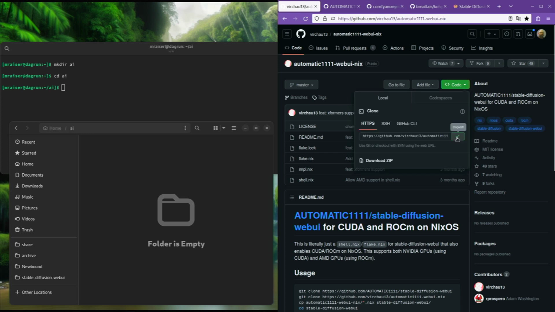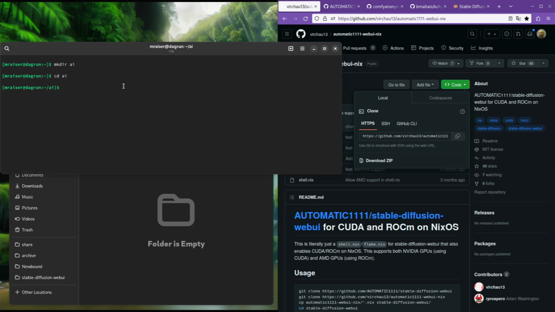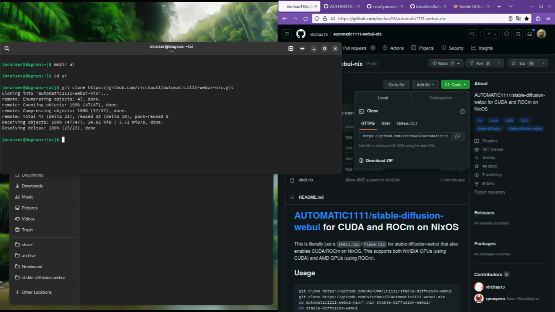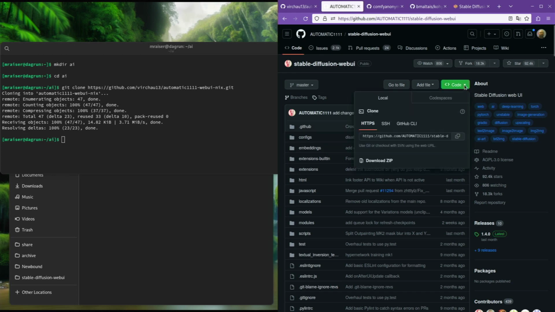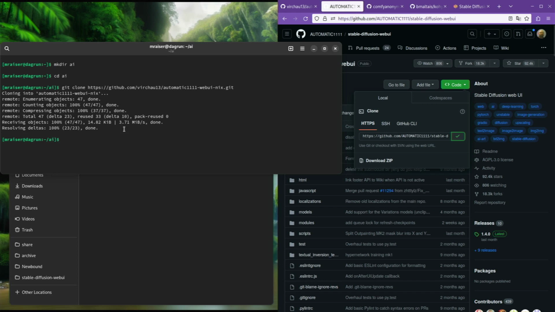To get things started, let's just go ahead and clone this little repo here. The user Virchow13 over on GitHub did all the heavy lifting for us, and we're going to stand on their giant shoulders and just clone their repo. Basically, they've got a couple of Nix files that will make our lives much easier as we go ahead here and clone the